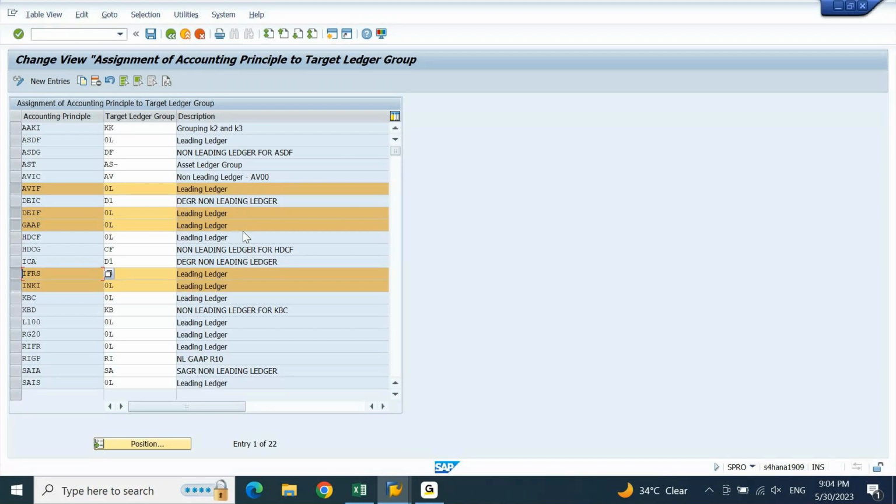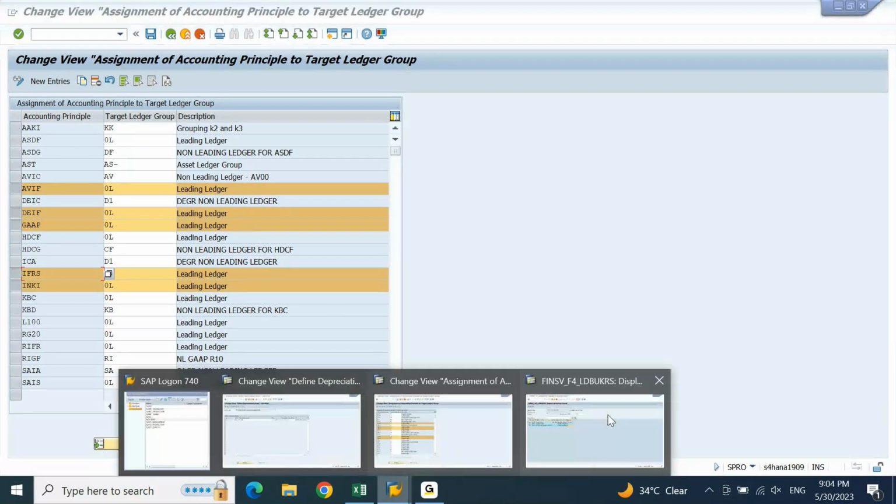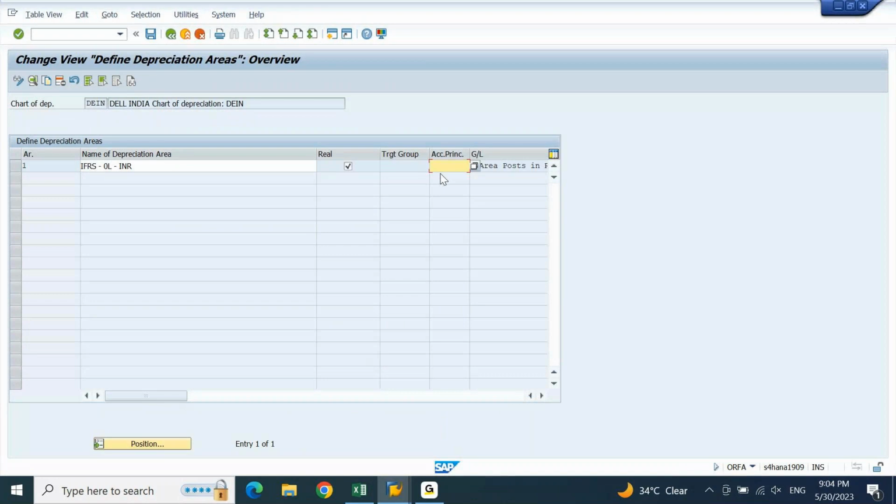Reason being, each accounting principle is representing a ledger. One accounting principle must represent only one ledger. It cannot be the other way around. Because on your asset accounting screen, this is accounting principle to ledger mapping, not ledger to accounting principle mapping. Correct? Clear? Yes, sir.